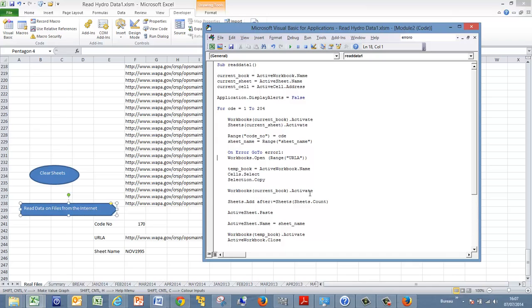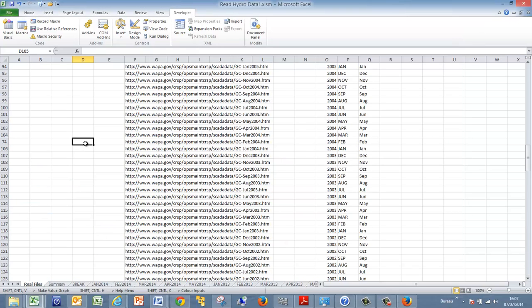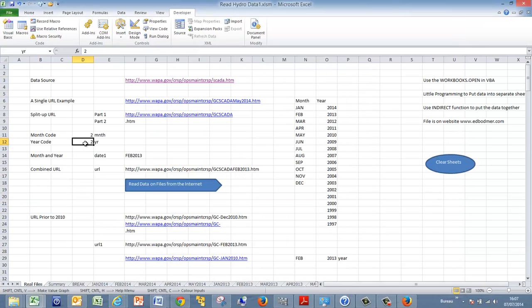After it copies them, you go back to the workbook and then add the new sheet, paste it, and change the name of the sheet. And then you have to go back to the temporary book, close it, and the process starts over and over again. So that's it. Now I'm going to clear the sheets